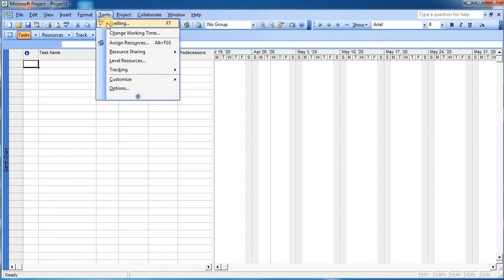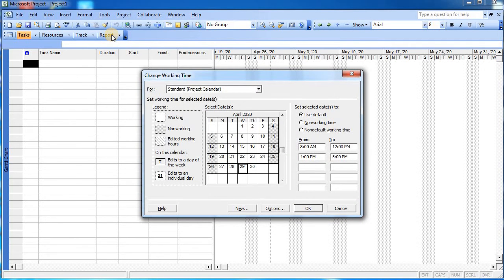and then you can see over here change working time. You just need to click over here. As soon as you click, you can see the default standard calendar. Now, understanding the default calendar, this white section represents the working days. So Monday, Tuesday, Wednesday, Thursday and Friday are the working days. These are the non-working days, represented by the dotted line in gray color. If we edit the working hours, then it will be represented by a hatched section.